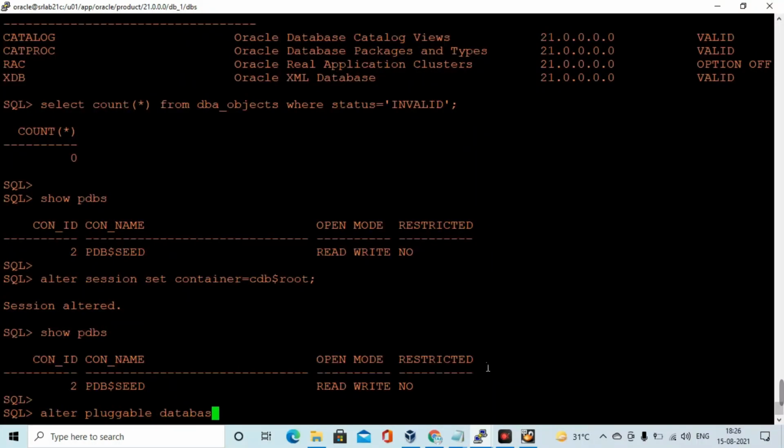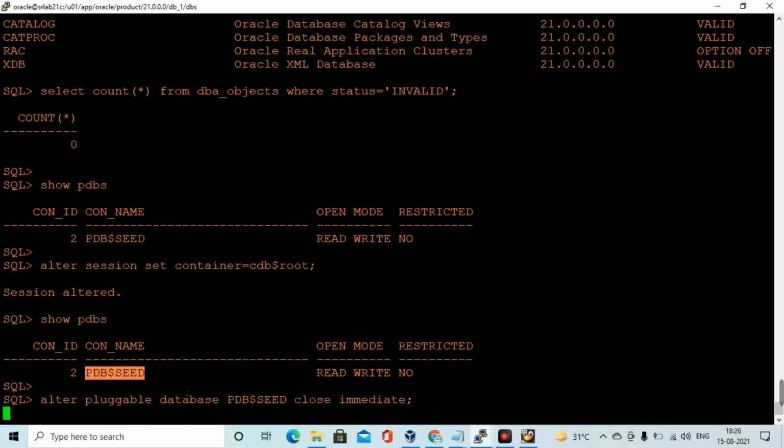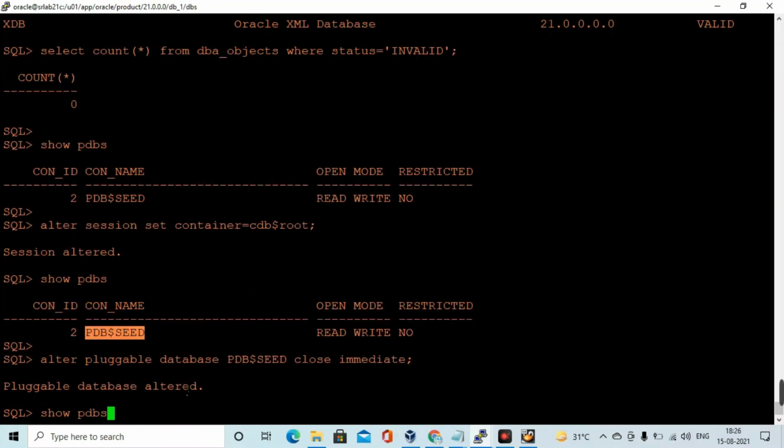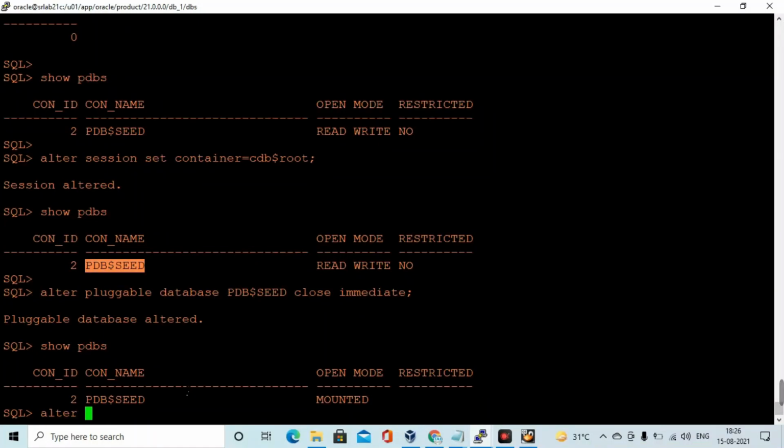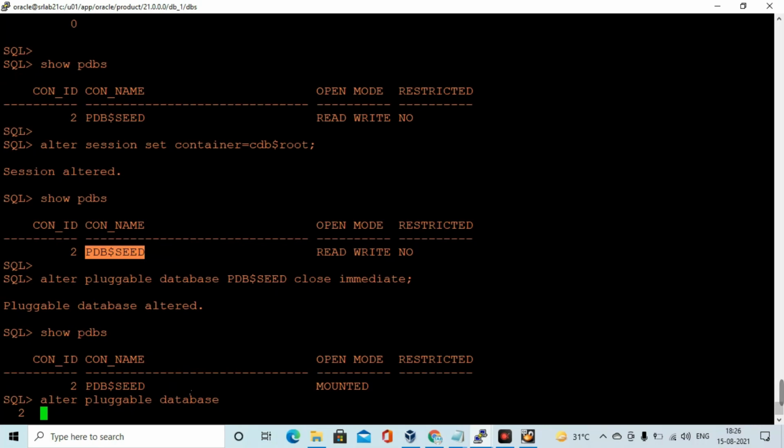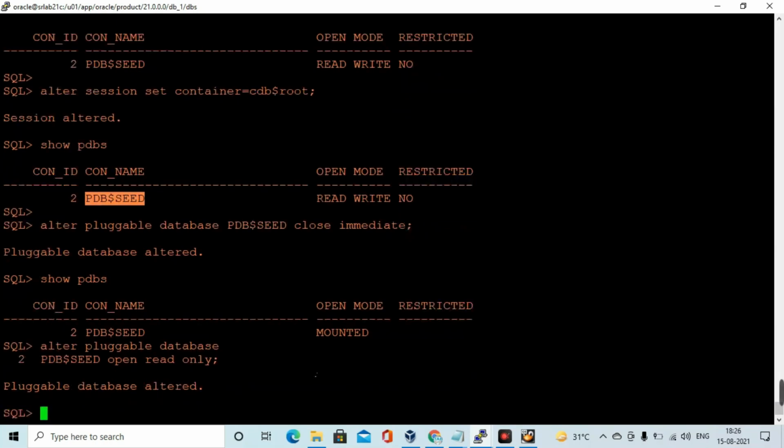After that we need to create the pluggable database PDB. I am going to create it through that PDB seed only. Unfortunately, I did not create that directory for PDB seed and PDB, so it is taking the directory locations by Oracle default OMF location.